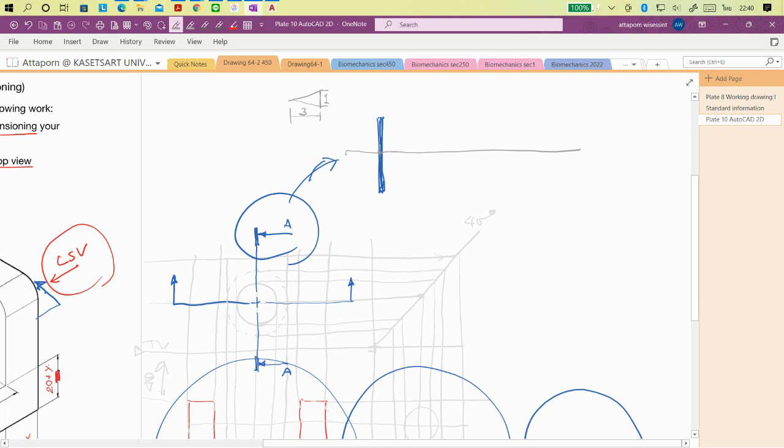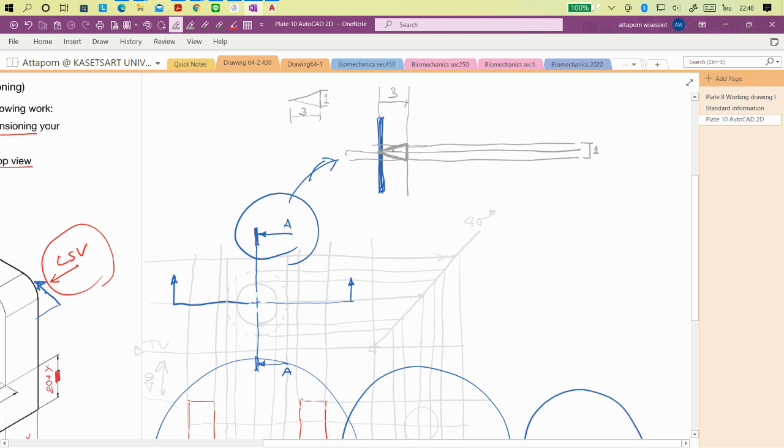So we offset from this center line above by 0.5 and below by 0.5, and from this line it is 3. So you get this 1 and this 1, 3, and we make the boundary line of